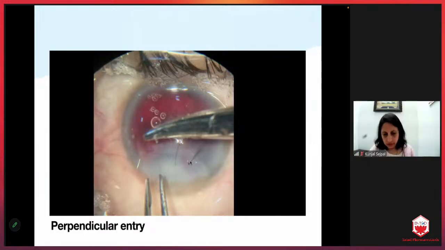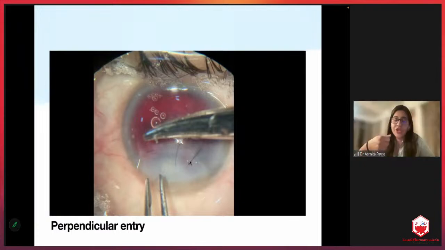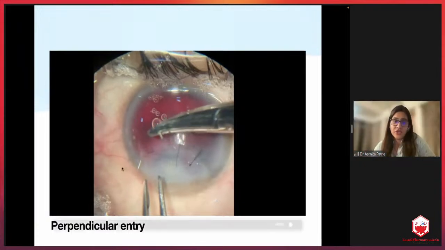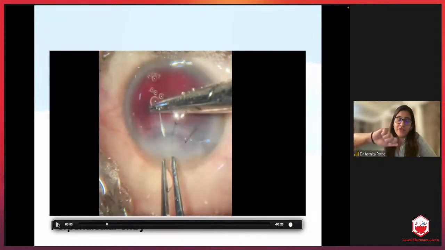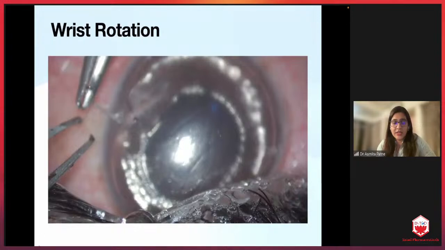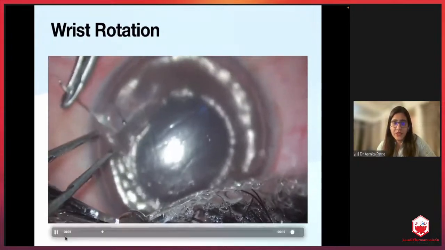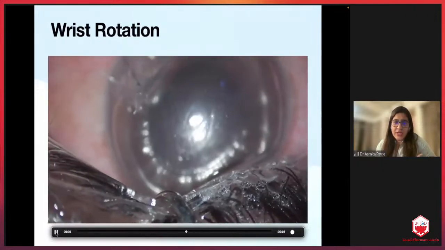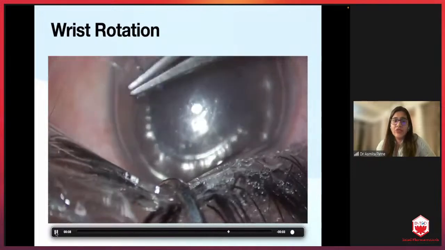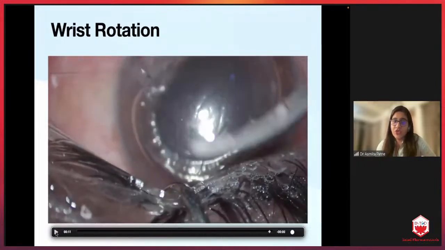So what we want here is a perpendicular entry. If you're not able to see the tip of the needle, your wrist is going to be pronated when you start suturing, and you literally have to supinate your wrist as your needle comes out. If you find this maneuver difficult, then another way of doing it is, once your needle goes in and comes out, you can little by little pull out the needle so that the curve is followed and the tissue is not distorted.